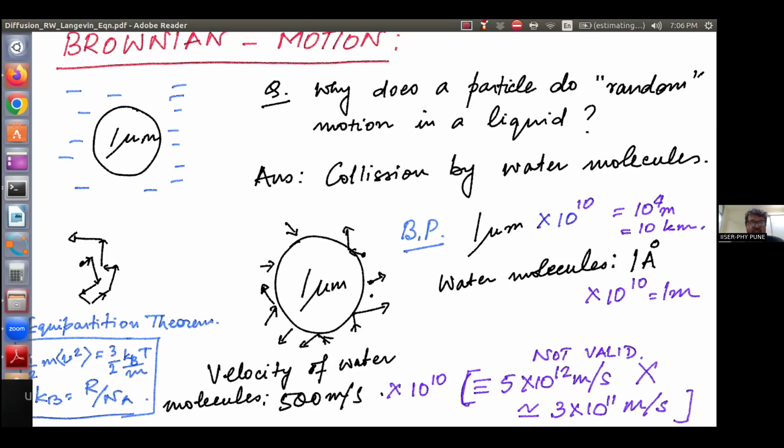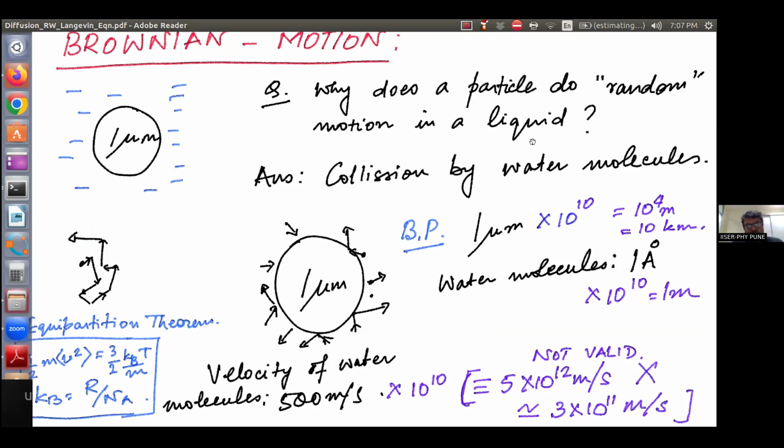Taking all that knowledge into account, which happened at the beginning of the previous century, relatively recently, the same time when people were discovering quantum mechanics, there was also an understanding of statistical mechanics and Brownian motion. Anyway, that's the historical perspective, and today we understand better why a particle does random